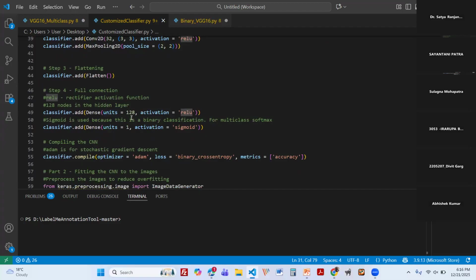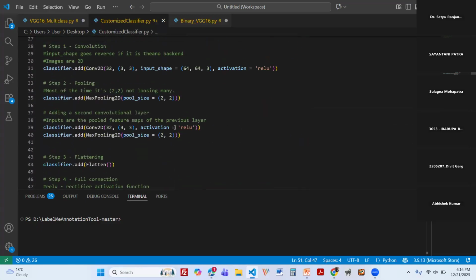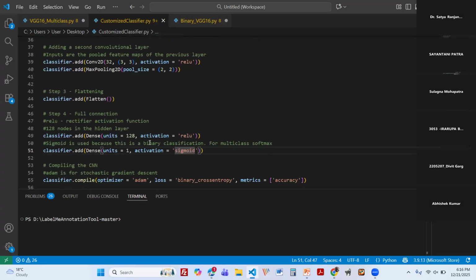Then after two convolutional layers, we have our flattened layer. Then we have a dense layer with 128. I have put only one dense layer with 128 neurons and activation function ReLU. Then my final layer is one neuron because it's binary, so the last layer I put one, and the activation function I have used is sigmoid, and the rest of the things are similar. Here I want to say the layering structure is very important in the CNN. So this is my customization.